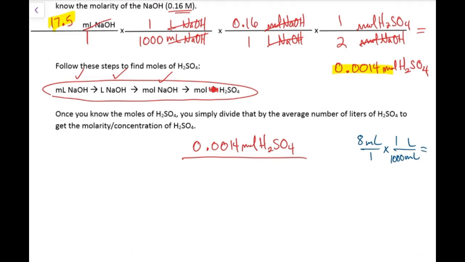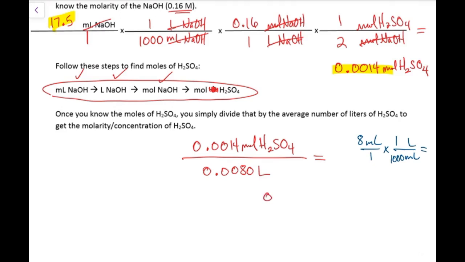So I should get 0.0080, oops, started to say milliliters, liters, there we go. And if I go ahead and do the division,